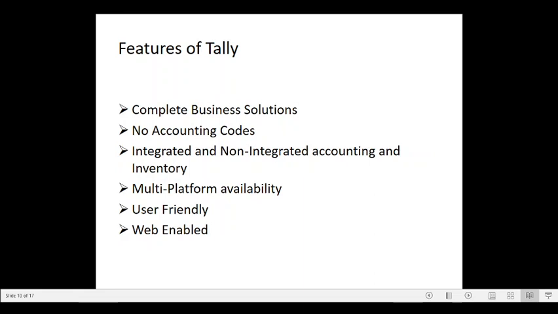Apart from that, it is more user friendly, because everything is menu driven. You can select from the list to perform the operations. Next, it is web enabled, which means while working with Tally, you can browse by clicking the browse button.